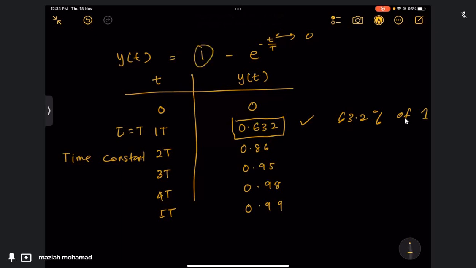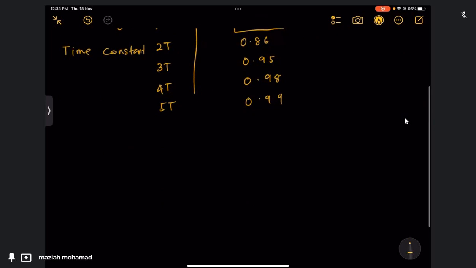If we increase time to 2t, 3t, 4t, 5t, it will reach these values. So basically if you plot